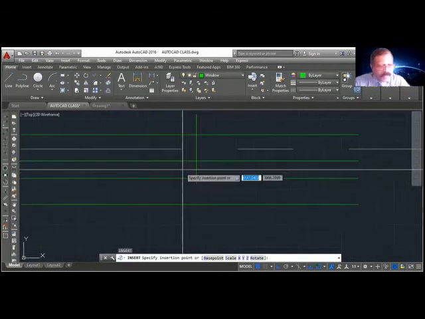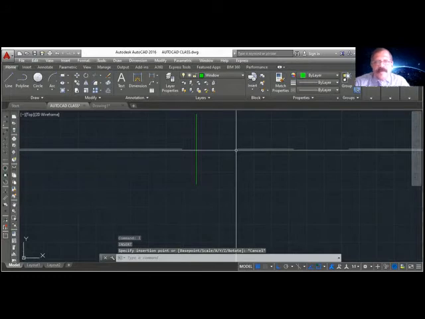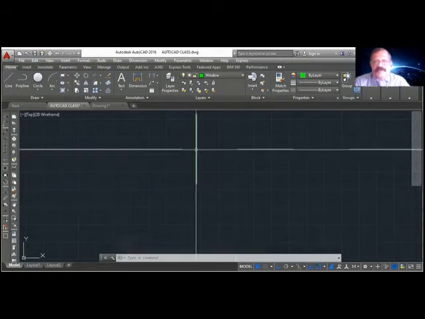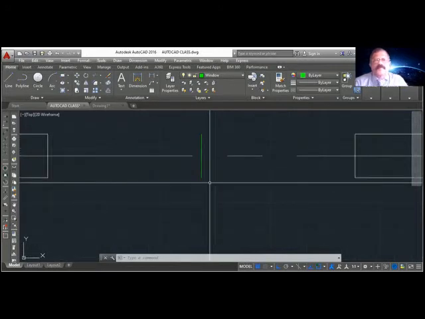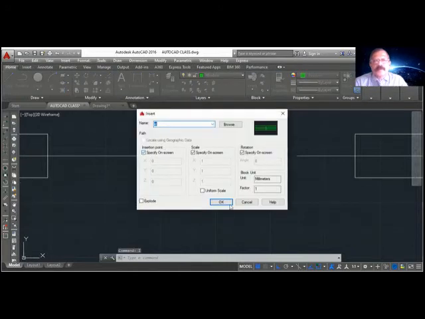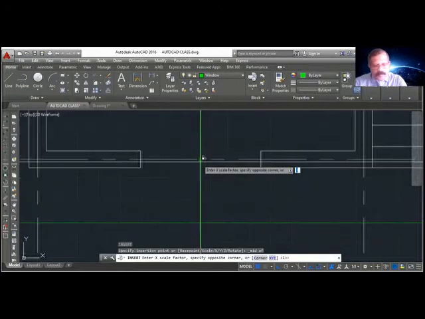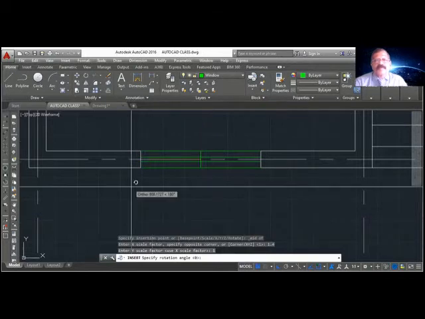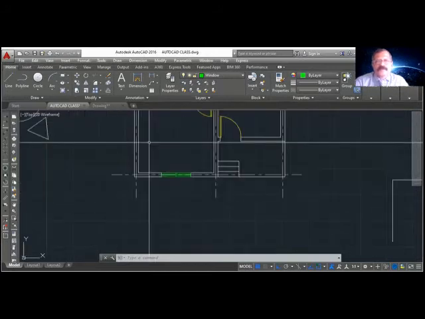See, even though it's a center line, sometimes you will not be able to take the intersection of this because there is a gap here. You can take mid of this line. Insert W. Okay. Mid. Okay. Now X scale is 1.4. Y scale is 1. Enter. And you can rotate here 90-degree one. So when you come here, click. So go out the window. Okay. That's how you do the window.